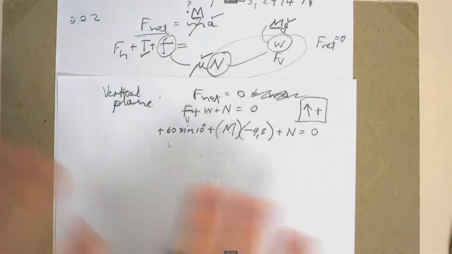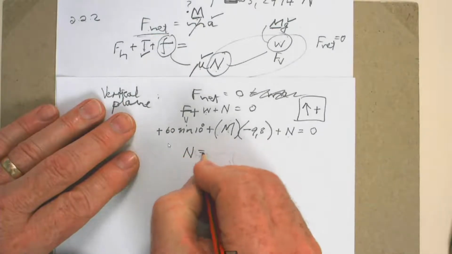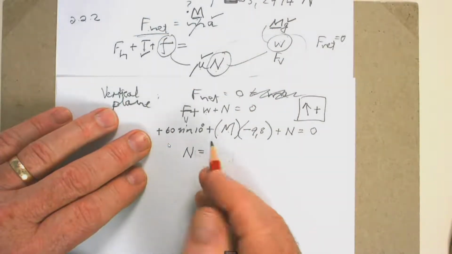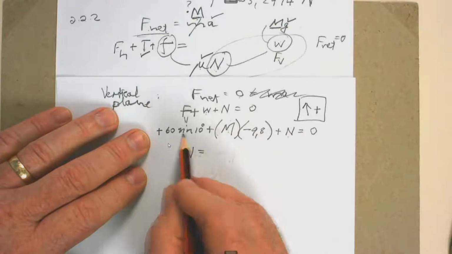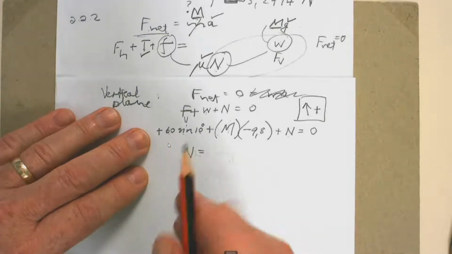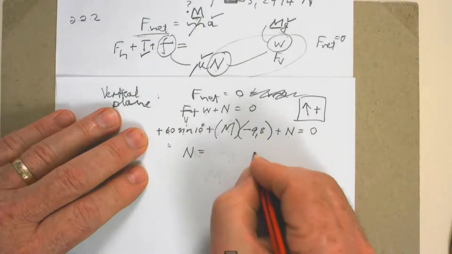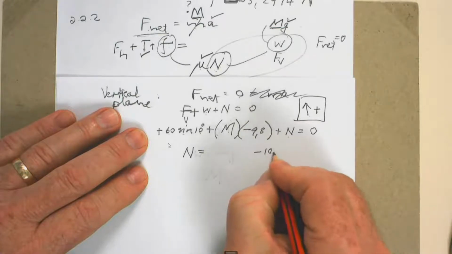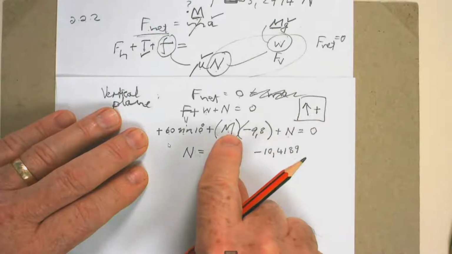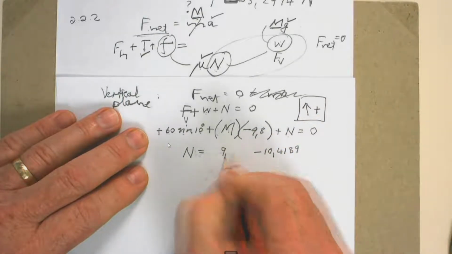Everybody happy with that? Okay, this needs to be simplified now. So you have N, and that will now be equal to. Now, this is a bit funny because I don't have my pocket calculator with me. The sine of 10 multiplied by 60 is about 10, something. And on this side of the equal to sign, it's positive, so we subtract it here and we subtract it on that side. So it will be minus 10,4189. And this is negative 9,8 m. So you subtract this side, you subtract that. Or actually, you add it this side, you add it that side, and then you get 9,8 m